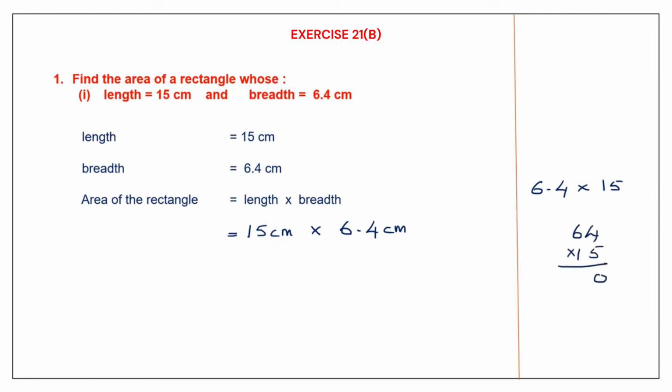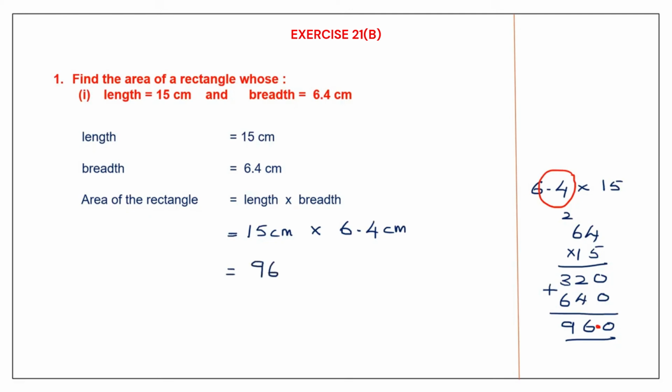5 fours are 20, carry 2. 5 sixes are 30 plus 2 is 32. Second step, 1 fours are 4, 1 sixes are 6. We add up these, 0, 2 plus 4 is 6 and 3 plus 6 is 9. Now let's go back to this question. In this question there is one decimal place. So our answer also should have one decimal place. So now we have got